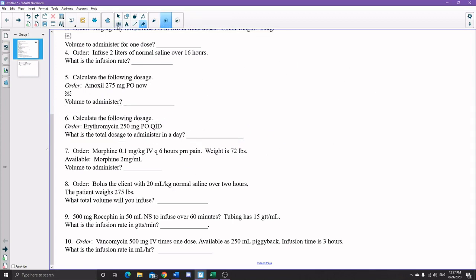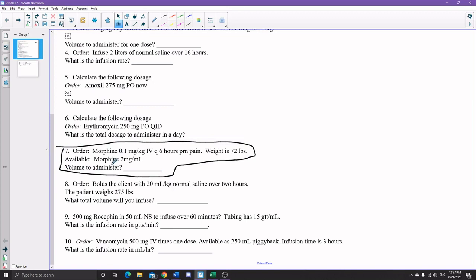So hopefully you're getting the hang of this. I'm hoping, because it is kind of difficult. Alright, number 7. Order, we have morphine, 0.1 mg per kg IV, Q6 hours, PRN for pain. And our patient weighs 72 pounds. What's available is this much morphine. So what's the first thing we do? First step, let's do this in steps. Number 1, I would convert 72 pounds